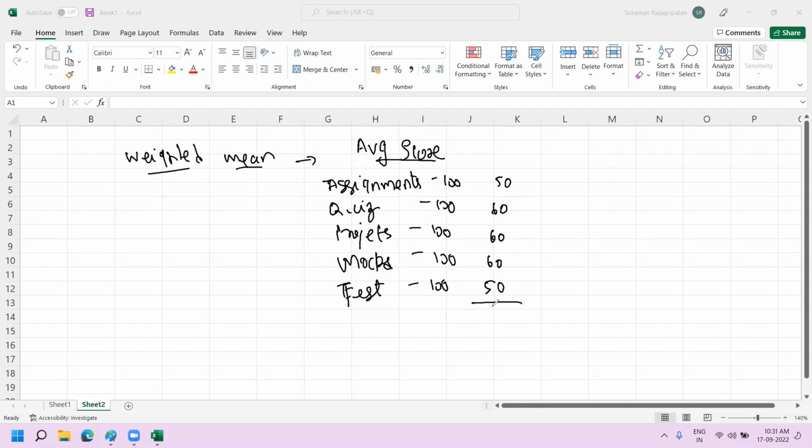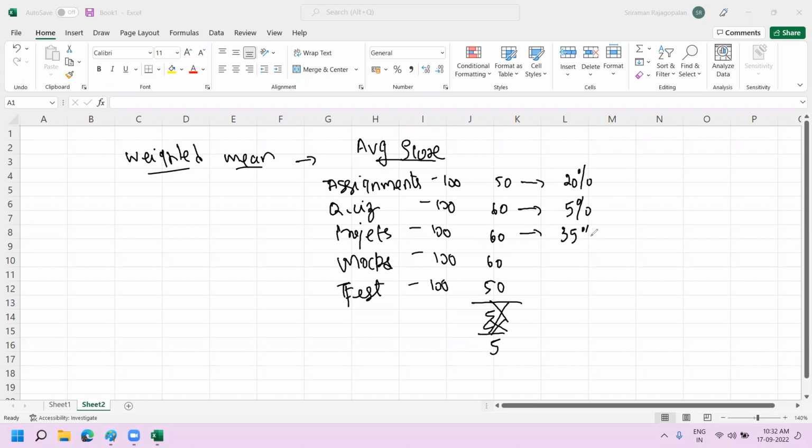Sum total of this, so sigma divided by 5, correct? This is what we did just now, arithmetic mean. But I don't want this calculation. I want to give certain percentages to each of these. So if I give assignments 20% weightage, quiz carries 5% weightage, projects carry, let's say,